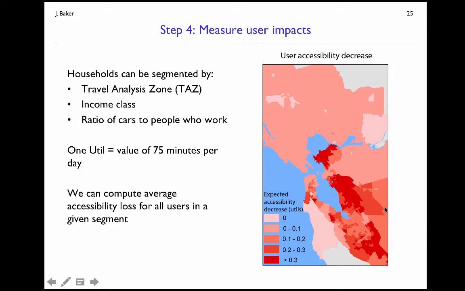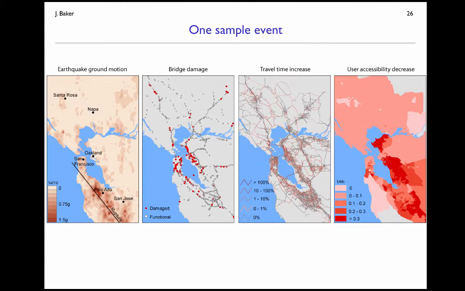And so we can segment by a geographic region and a demographic classification and look at how users are impacted. On the right, we see there are spatial impacts, just by variations in this color shading. We see some impacts by income class as well, but the geographic variations seem to be stronger in our analysis to date. So I'm going to highlight that in our discussion moving forward here.